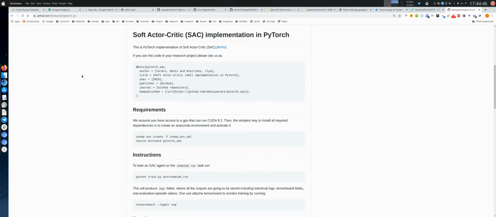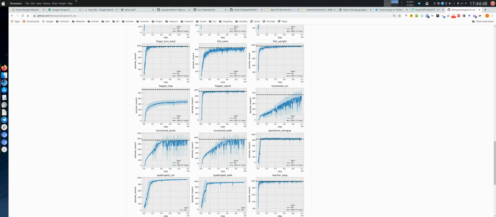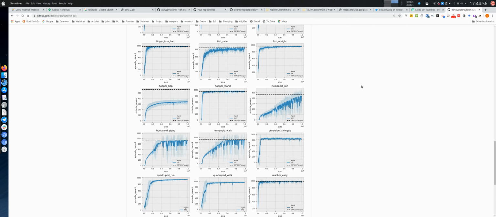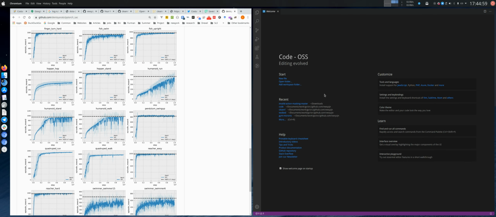Oh, I see. Maybe try adding that and benchmarking real quick. I see. So I would say there are definitely some implementation differences here and there,